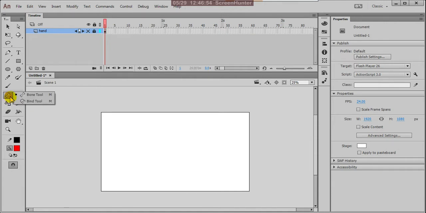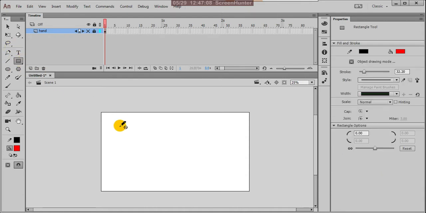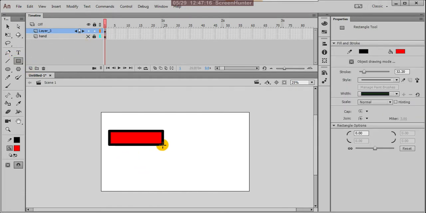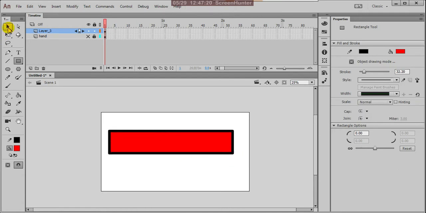In the bone tool category we have other tools also, the bone tool and the bind tool. With the bone tool you can add bones on the surface area.